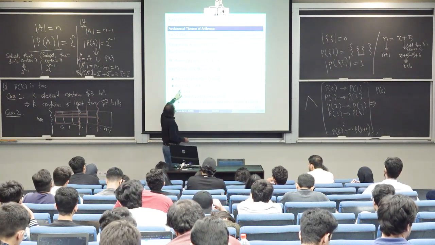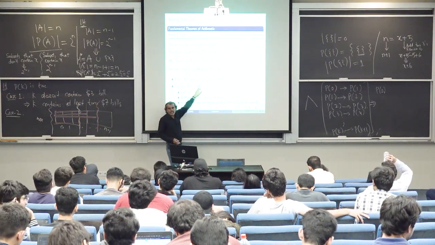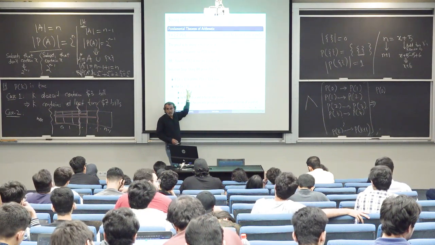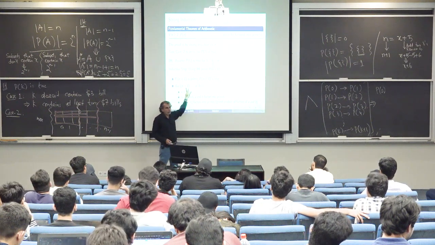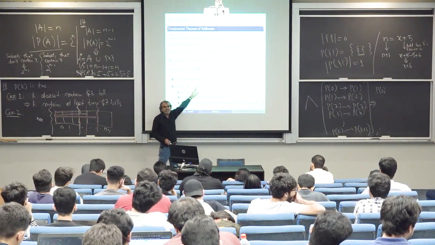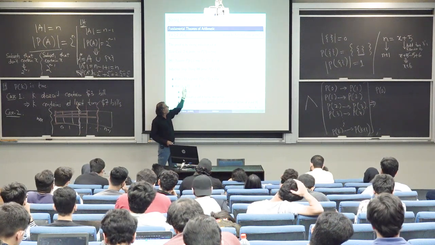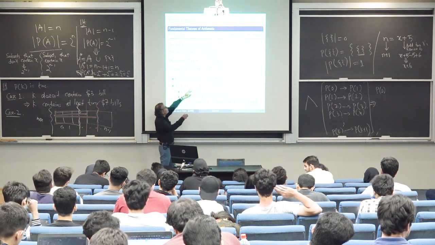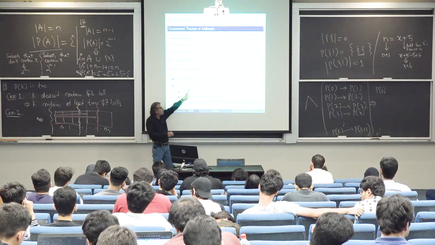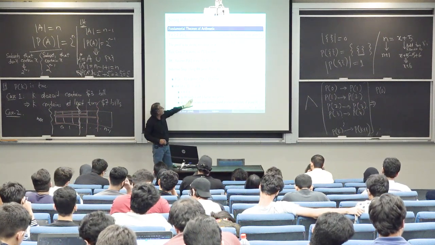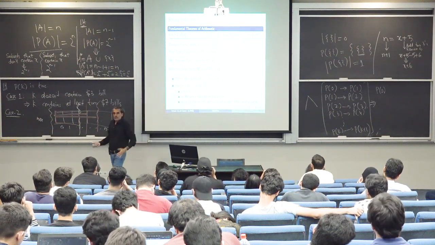If it is not prime, then n plus 1 is a product of two factors, a and b. Can a and b be greater than n plus 1? No. And what else is the case when n plus 1 is not prime? None of them is 1. So it is guaranteed that there would be some a and b such that both of them are smaller than n plus 1. If both of them are smaller than n plus 1, then we are falling into this category where we say that for all previous possible substitutions of k, the inductive hypothesis was true. So a and b have to be less than or equal to n, and the inductive hypothesis is true for all of them, so we are done. Okay.